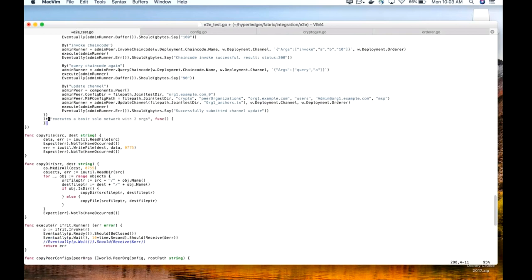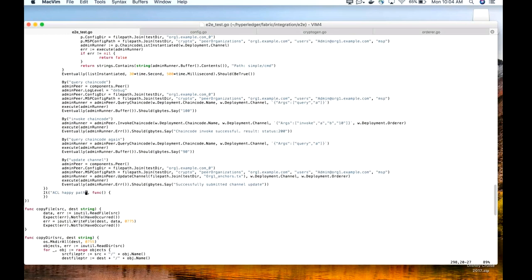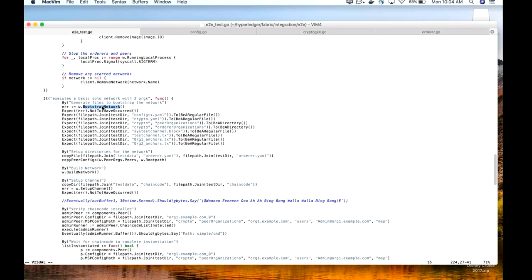I'm just going to show you a quick test. You can just add another it clause if you want to use the same before and after each here. One thing to note, because we are not generating, you can add a context to build the network inside the context, inside of before each, so we don't have to build it over again. If you just continue with what we have here, you would need to build this network again. So this test run here would actually build